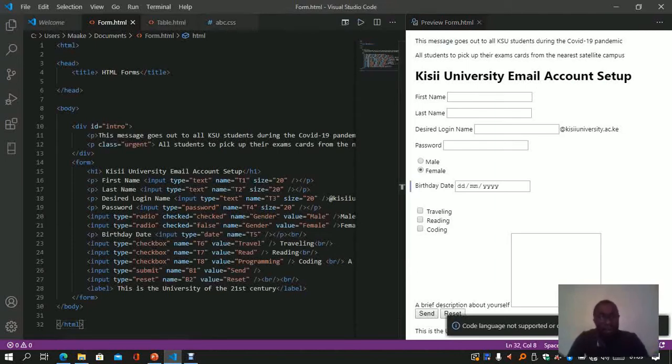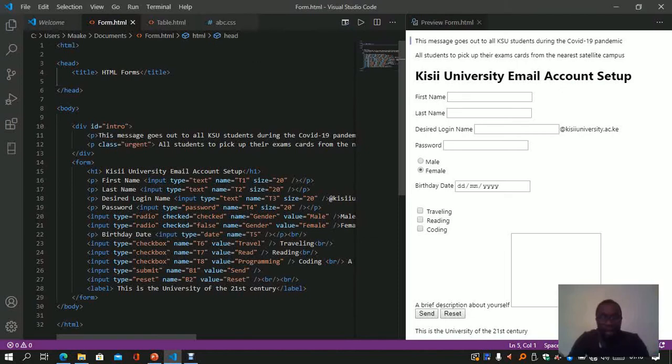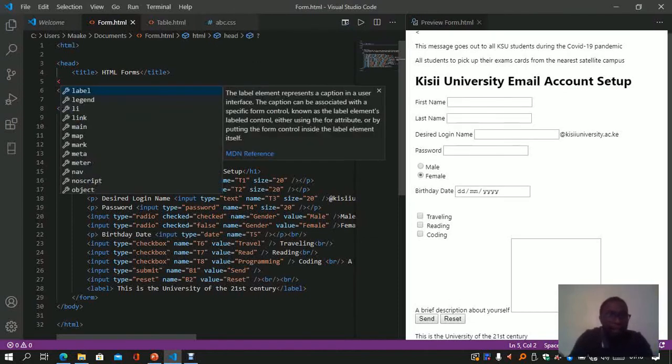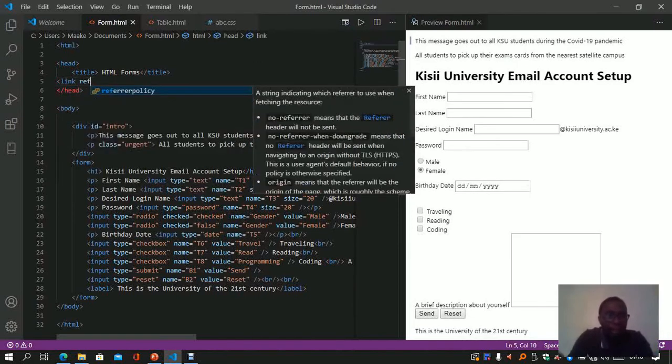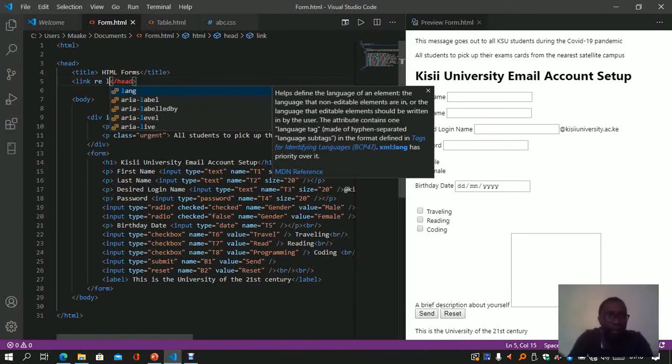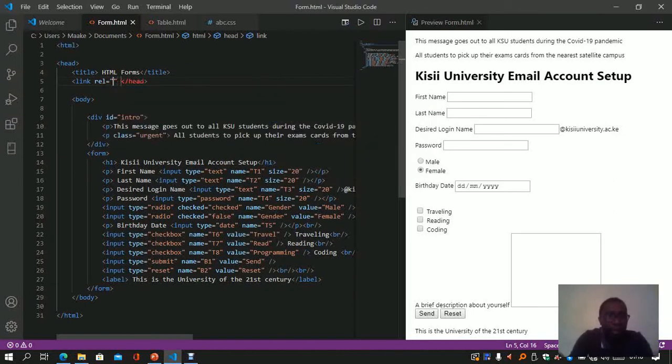Now nothing can happen. It's good that we have just gone through this small motion. Nothing can happen if there is no link between the form and the CSS document or file. So in this case, we don't have any link here. So what we're supposed to do, we're supposed to create a link just right here in the head section, and then we can have its